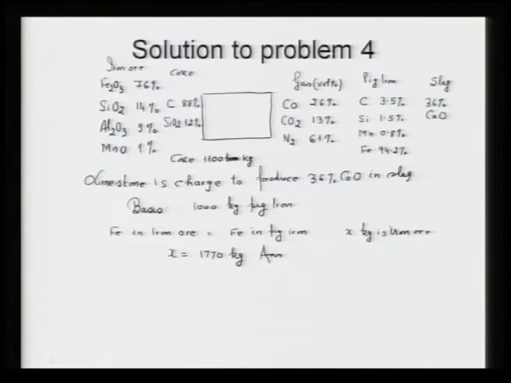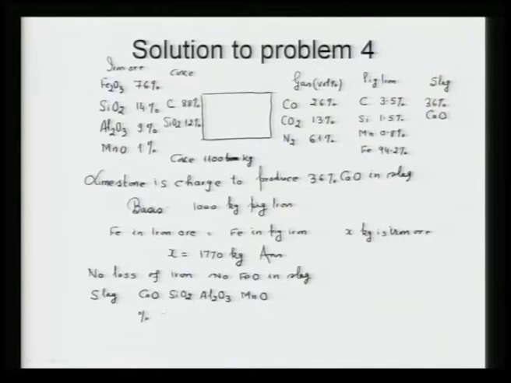Now, we have to find out the amount of slag, because the amount of slag is also not known to us. So, first of all we have to see the problem. The problem says no loss of iron, that means no FeO in slag. So, that means slag consists of CaO, SiO2, Al2O3 and MnO. Since calcium oxide is 36%,